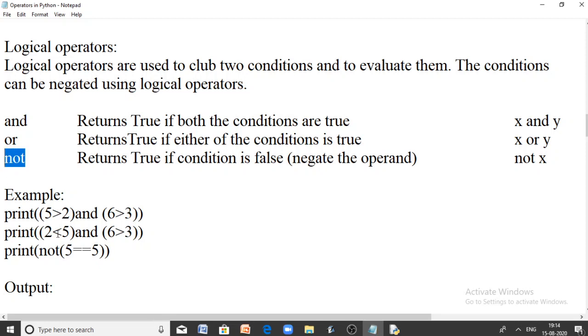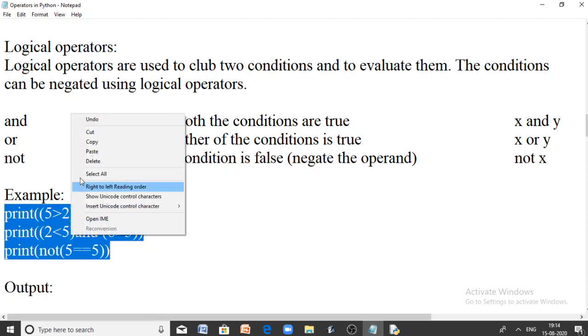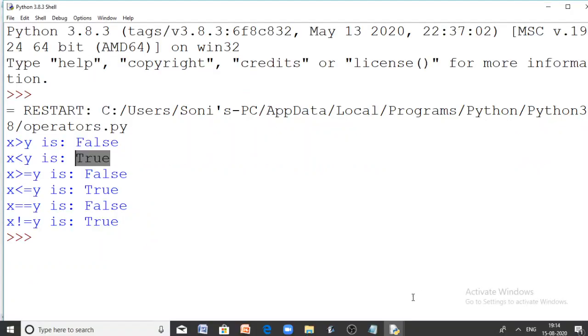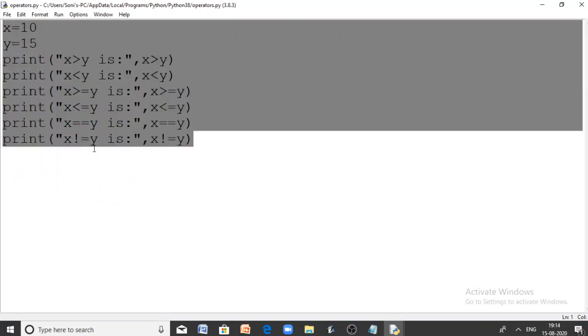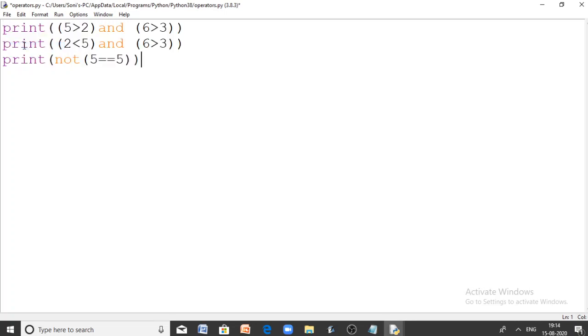Now let us have a sample code. Let me copy it here. See, first I want to club two conditions: 5 greater than 2 and 6 greater than 3. 5 is greater than 2, yes. 6 is greater than 3, yes.